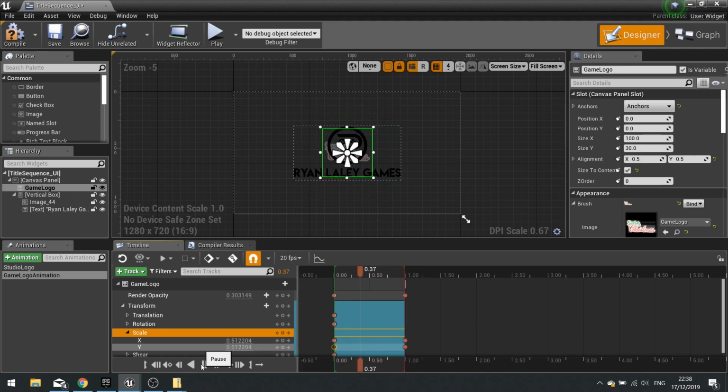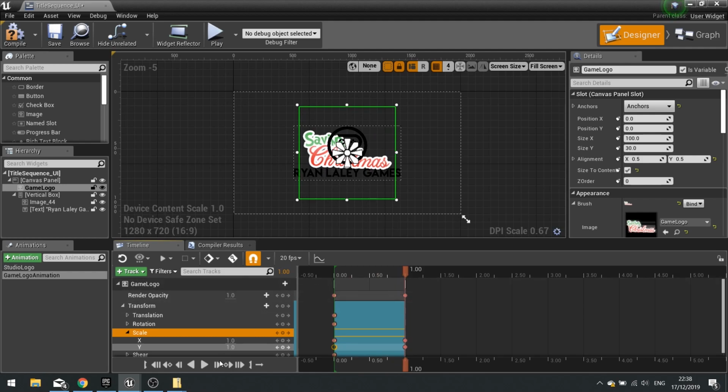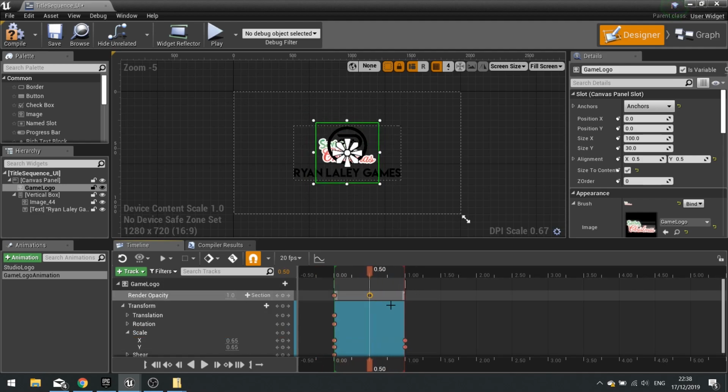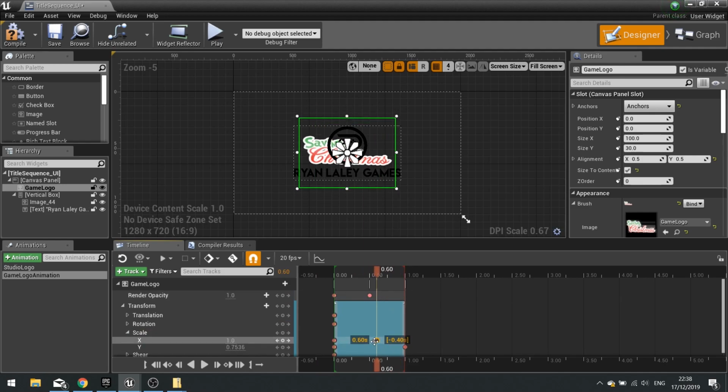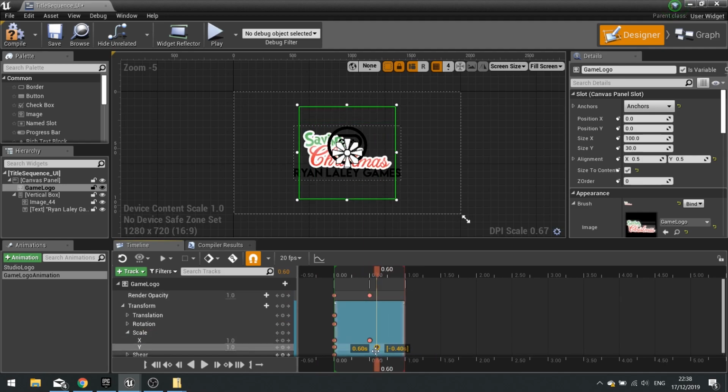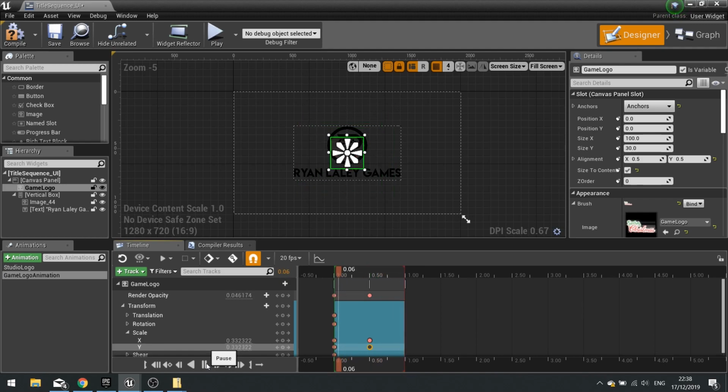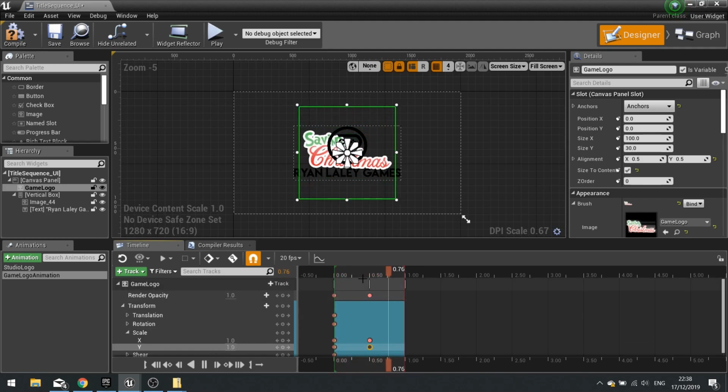Not too bad. Obviously, I think it might be a bit too slow. So let's speed up a bit. So if I drag this down to here, drag this here, let's see how that looks. Okay, not bad. Now I'm going to give it some bounce to it, so it sort of elasticates a